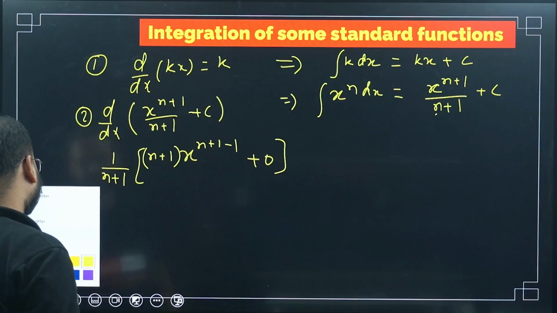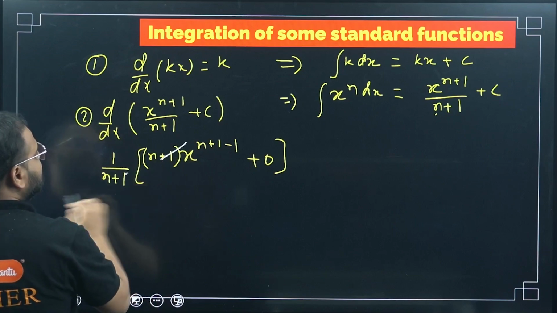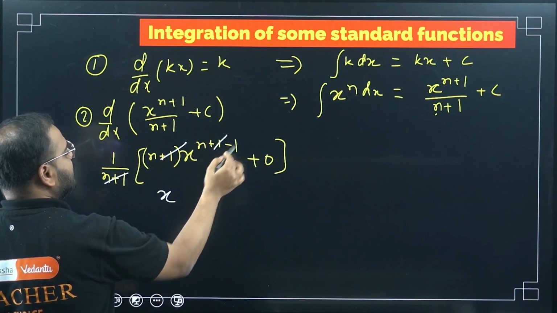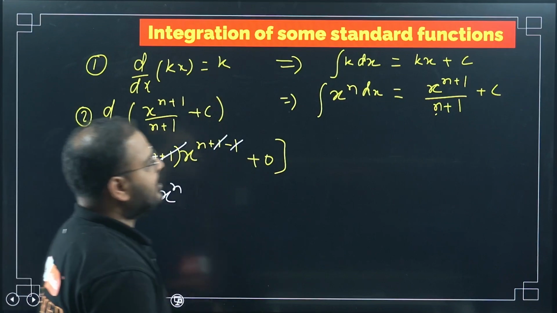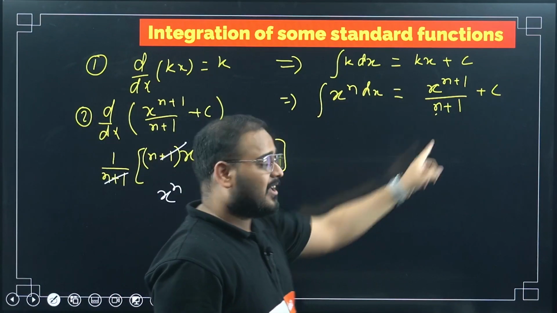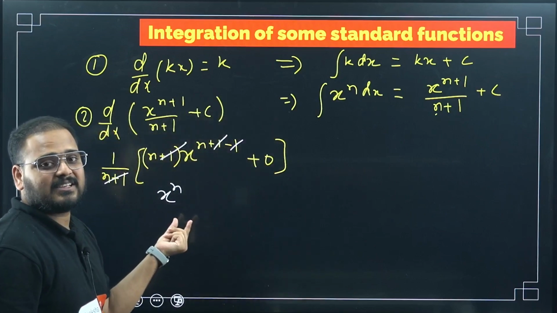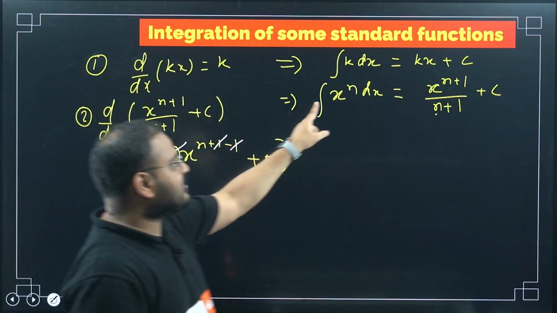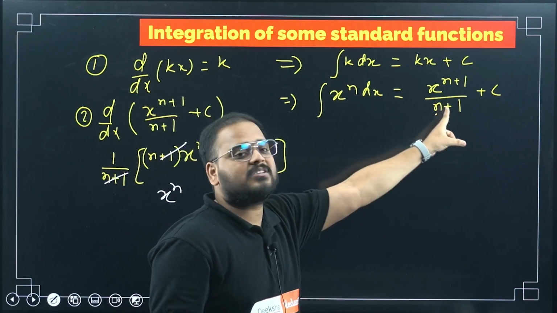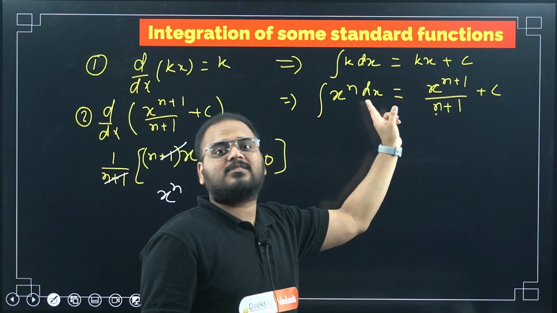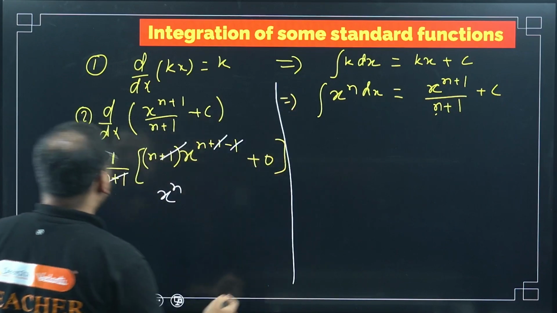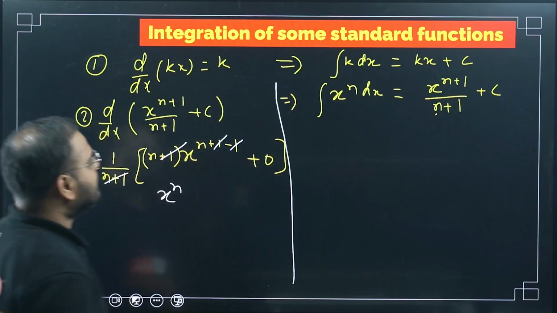This and this cancel out. This is simply 0. What is my answer? 1 and 1 also cancel. X power n. Check here. I integrated x power n to get this result. Now if I differentiate this thing, I get the same result x power n. That's why I said integration is the reverse process of differentiation. I took integration, I got this result. I differentiated this part, I got this result. I hope you understood this part. Let me continue now. Next,